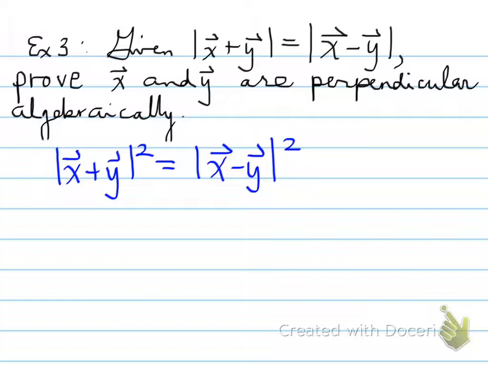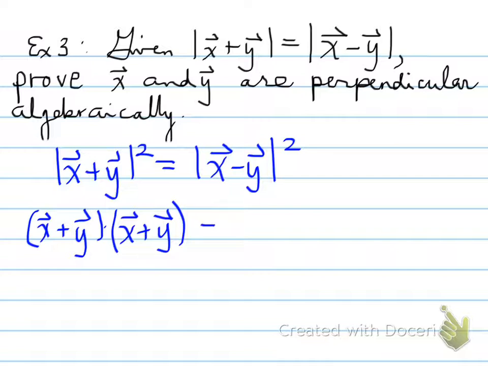Why are we doing this? Well, we can convert this back to another form. Magnitude of x plus y all squared is equal to x plus y dot x plus y. And the magnitude of x minus y all squared is equal to x minus y